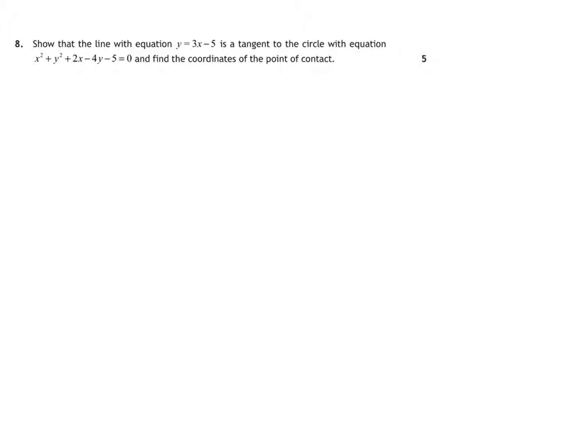So the first thing to do is to substitute in your first equation into your second one. So we're going to get x squared plus (3x minus 5) squared plus 2x minus 4 times (3x minus 5)